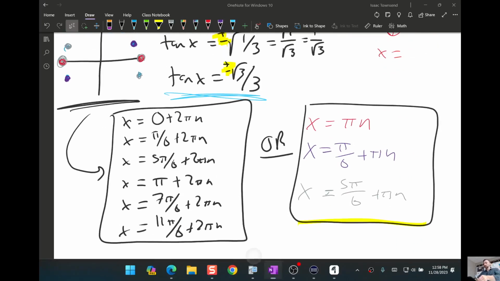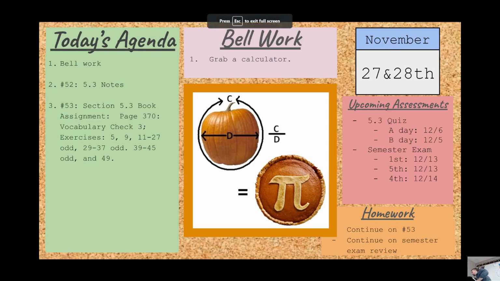Okay, so we've got about 8 minutes left, it looks like. So try to do maybe 1 or 2 more questions, but I need to tell you where you need to be by Thursday. You do not need to try to finish this book assignment. We have enough class time that I can give you more class time later. However, you can see that under the homework, it says continue on 53. So really I'm just asking that you do like 2 or 3 questions. Not because I'm not going to give you more time, but because I think it'll help you if you force your brain to think about these for just a couple questions between now and Thursday. So do 2 or 3 more for homework,